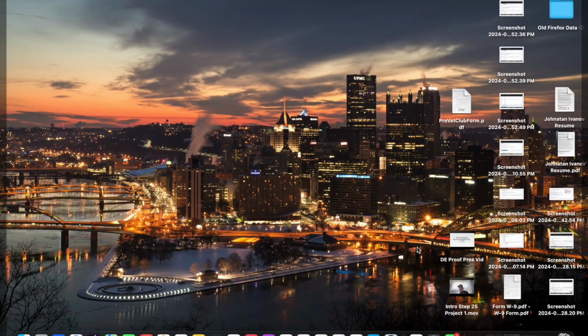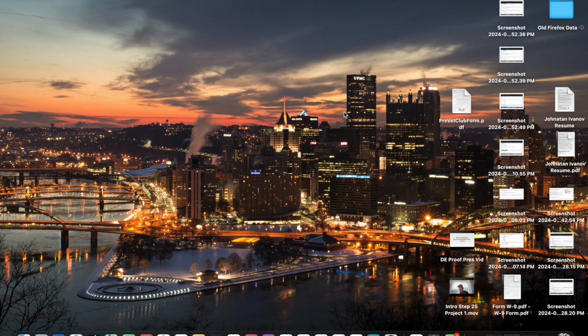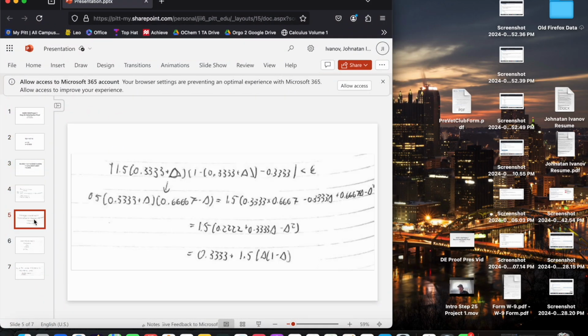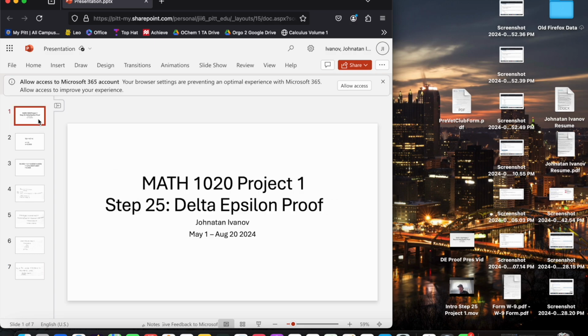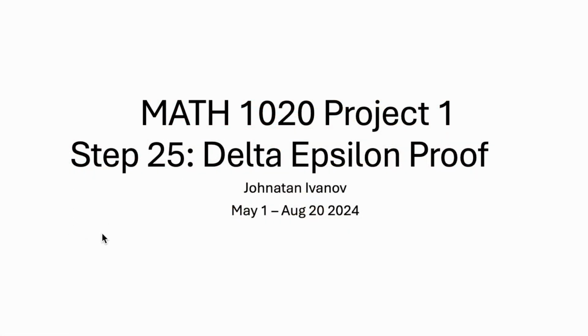I forgot to do this in the presentation, but here is the date timestamp on my computer. You can tell that it's August 15th, and here's the presentation that I am about to give about finding the proof. So there you go. All right, as I said, this is the delta epsilon proof for step 25 of project